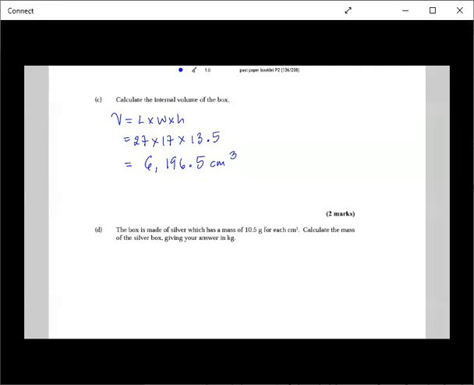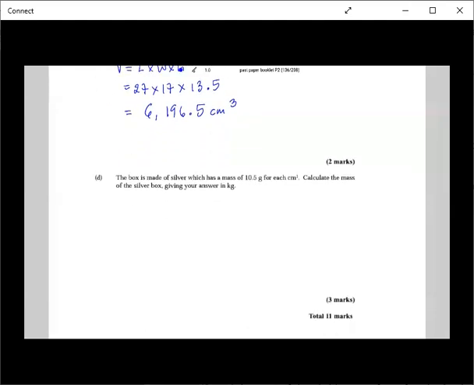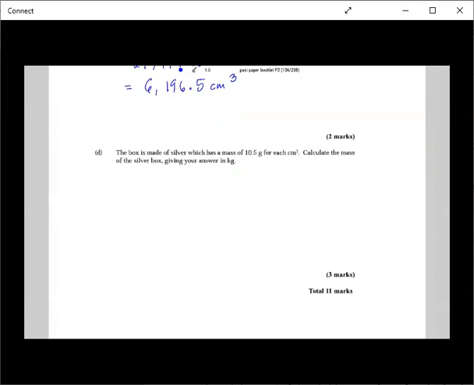So next at D, we're told that the box is made of silver, which has a mass of 10.5 grams for each centimeter cube. And it says calculate the mass of the silver box, giving your answer in kilograms. So the first thing, first of all, let us see what is the volume of the box. That's important. So volume